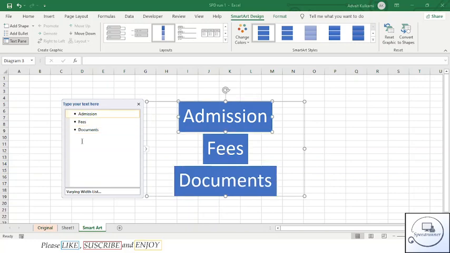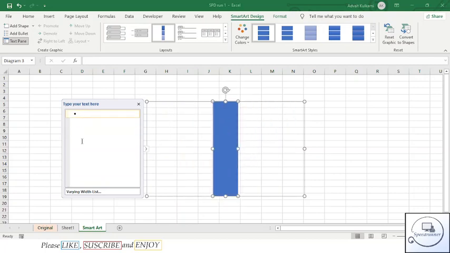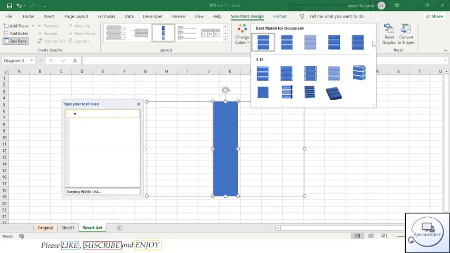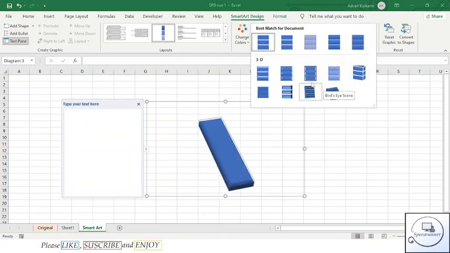So for admission you need admission, you should have fees and the related documents. In this way you can create the list of all the important things. This is known as the list type smart art. You can add and delete, including changing the colors and make it 2D or 3D.